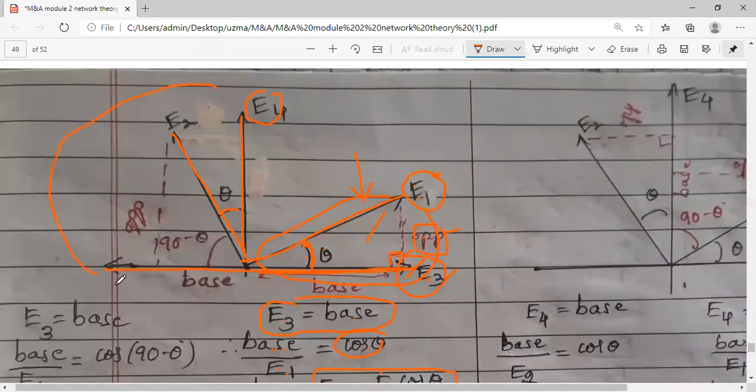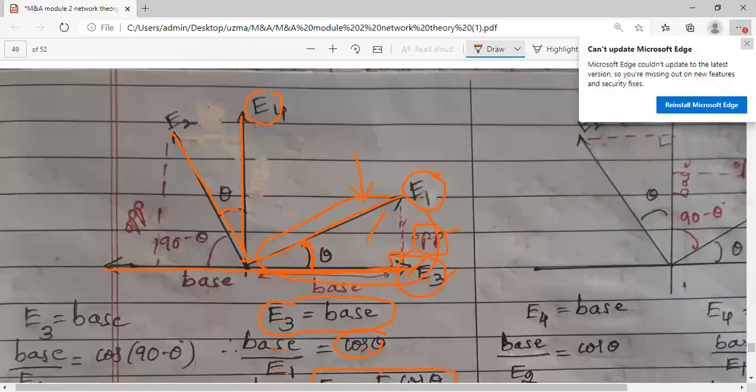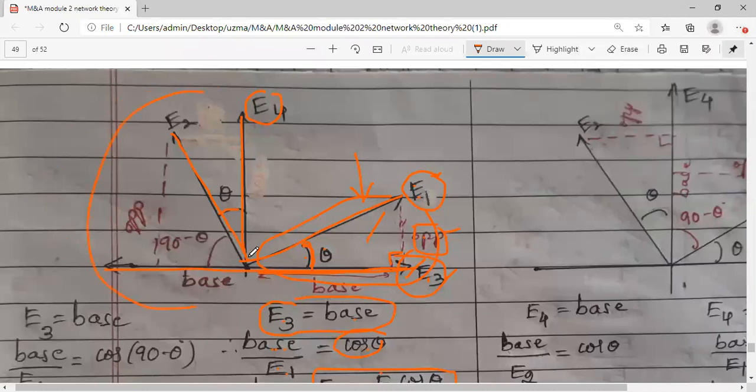Coming to the second triangle, observe here. You have one more triangle. Observe in this triangle, if this is your theta, the total angle is 90 degrees, so what will the remaining angle be? It will be 90 minus theta. Okay? Whatever this angle is, what will its opposite segment be? It is your opposite. Okay? This is 90 degrees, so this will also be 90 degrees. Hope you understood this.